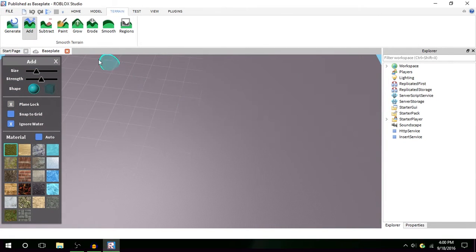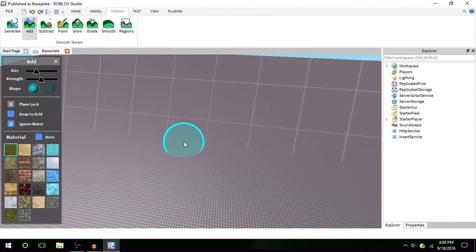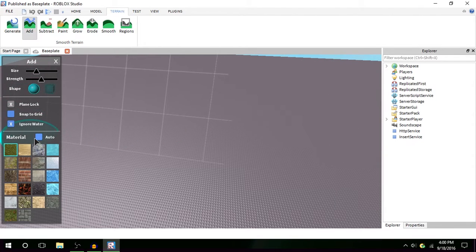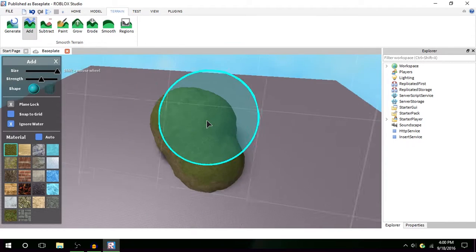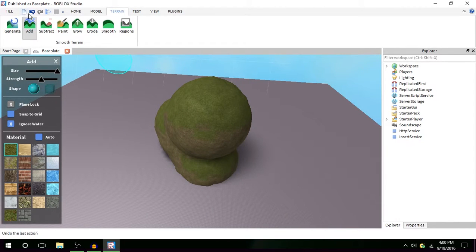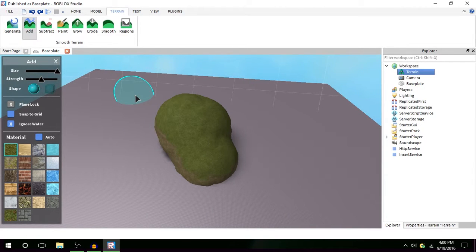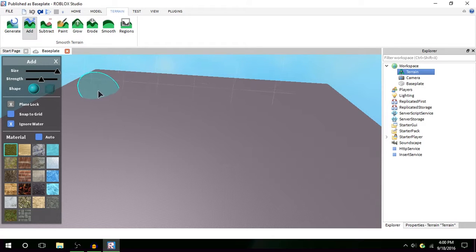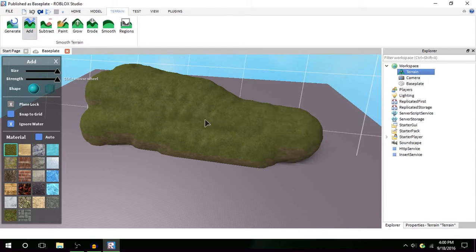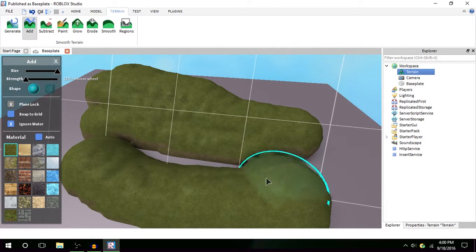So now we're going to go over add, which adds terrain. Click and hold to add terrain. So there are many different materials that you can choose from. First, we'll go over these before we go over the materials. So we have size, which if you increase it, increases the size of land that you produce. Backspace, my favorite button. You can also do Control Z. Strength is how fast it produces said